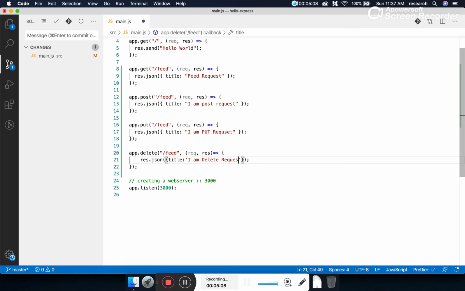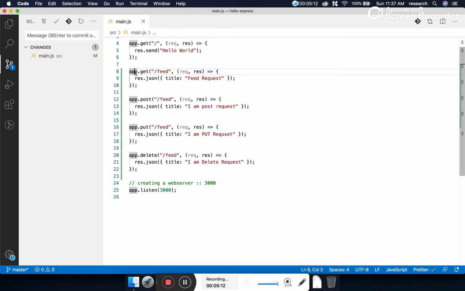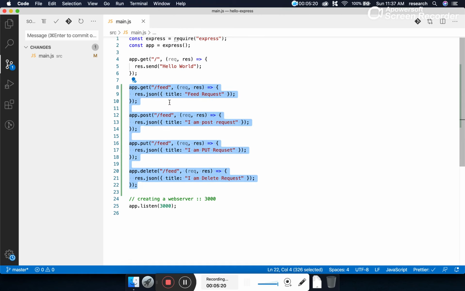and delete request. Or we might be wondering, okay, we have developed all those 4 APIs: get, post, put, delete. These APIs are right now very simple, but we might be wondering why we are creating the same URL, how this get, post, put and delete are different. Okay, so let me tell you about that.